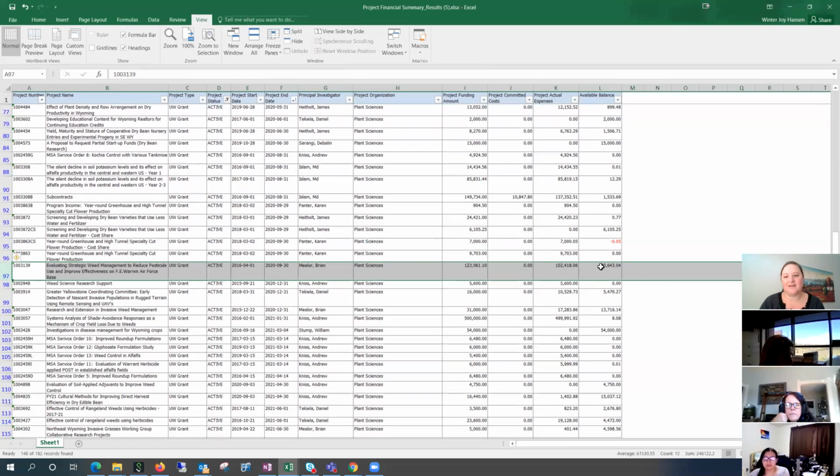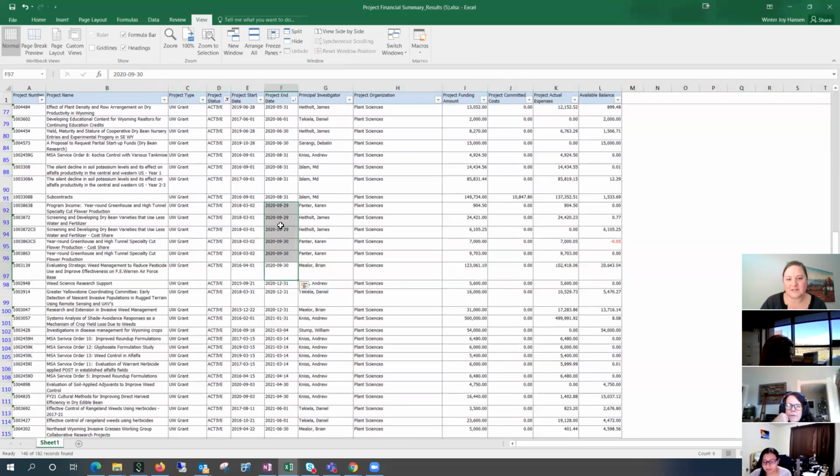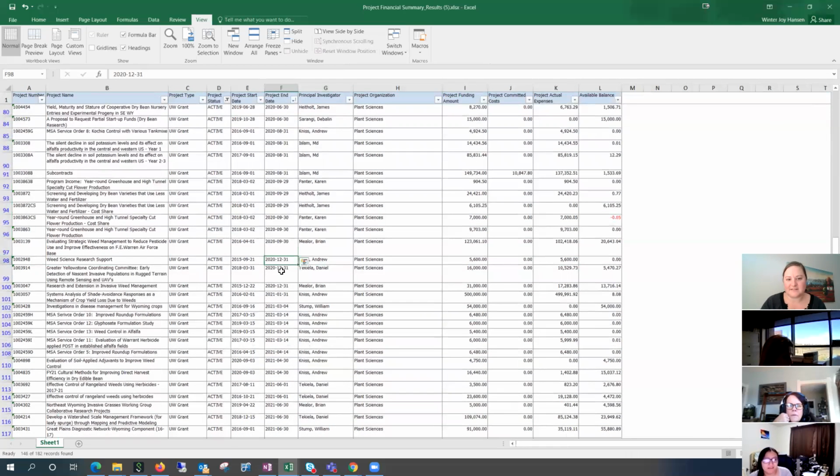But at least if he needed an extension, you could see that we had all these grants closing at the end of September. And so if somebody needed to get the process started for an extension, hopefully that gets you that extension before you still need to expend off of it. So these ones that are ending in December, I've contacted the PI to ask if they'll be extended or not, so that they can get working on those, because